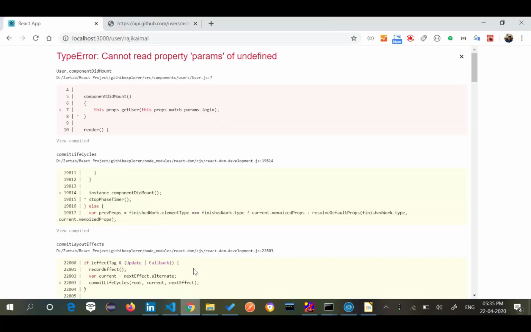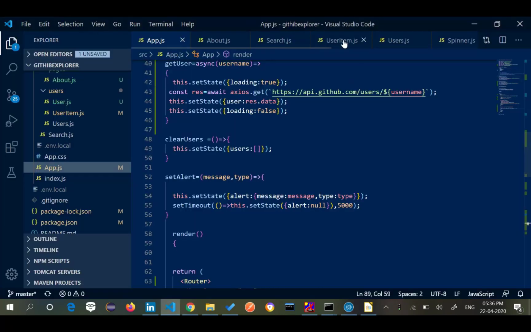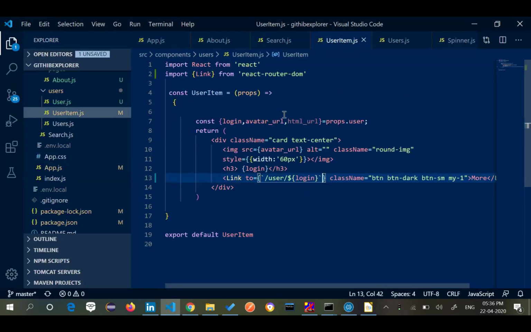But it is saying that it cannot find a property, params of undefined, because of the parameters. Some problem has to be in user item. It has to be here.